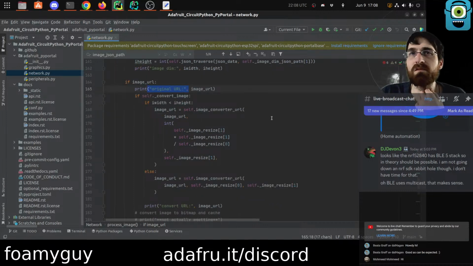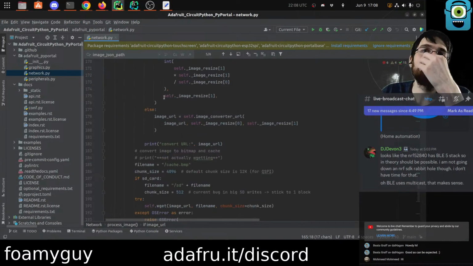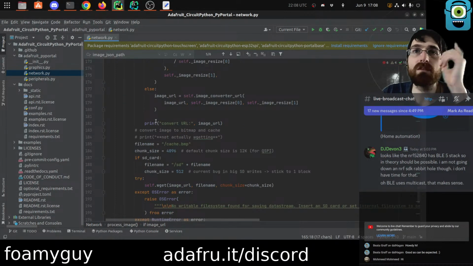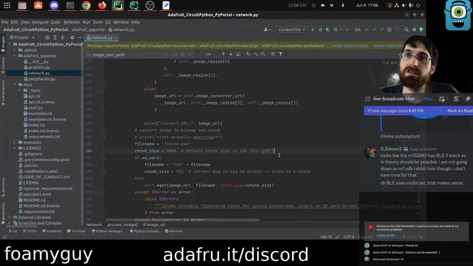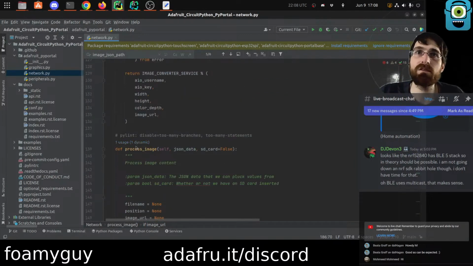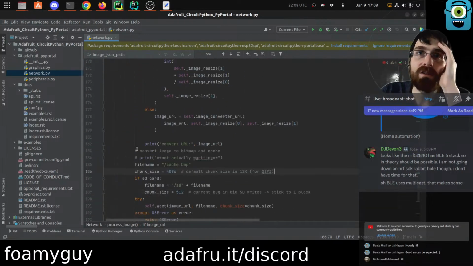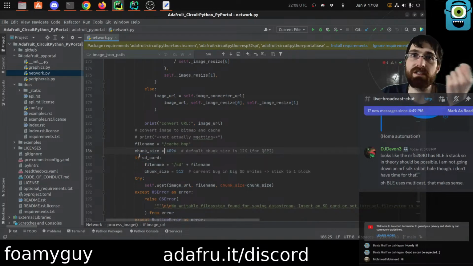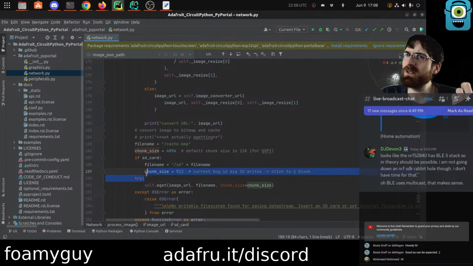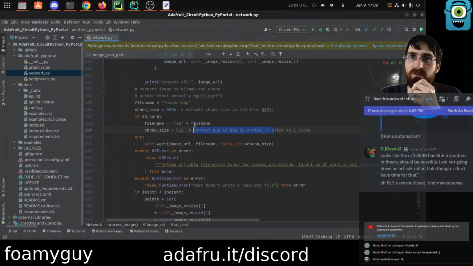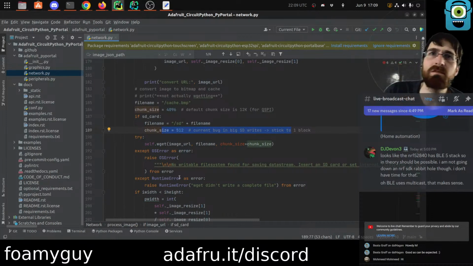Convert image, convert URL. Okay, here we're finally getting somewhere. Okay, hold on, where are we in here? This is inside process image. So we have chunk size 4096, if SD card, file name. Also use a smaller chunk size? I don't know if that's still relevant. This might not be the case anymore. I've never seen any kind of issues downloading stuff. Well, I guess it's chunk size. It's not the full file size, I guess, but